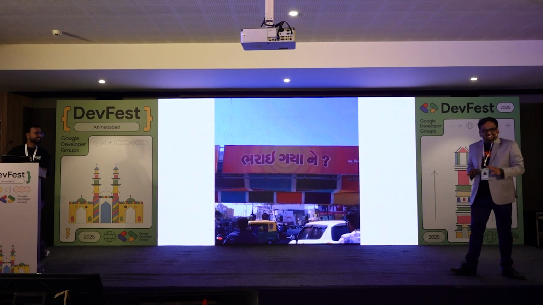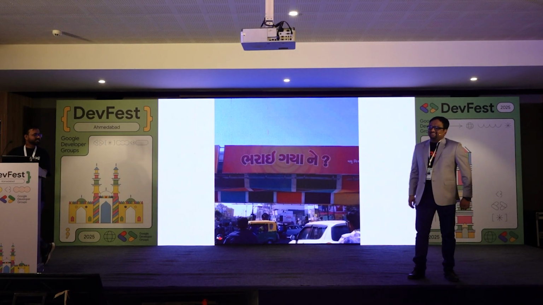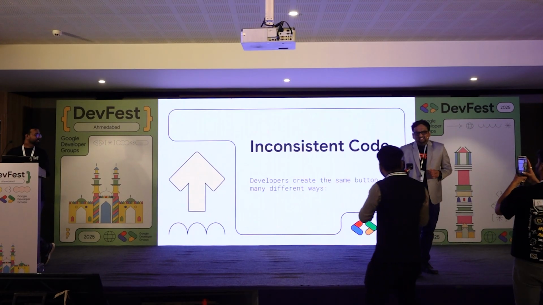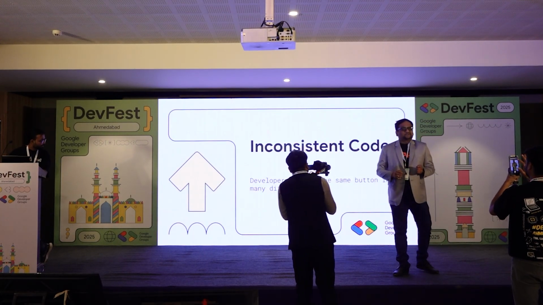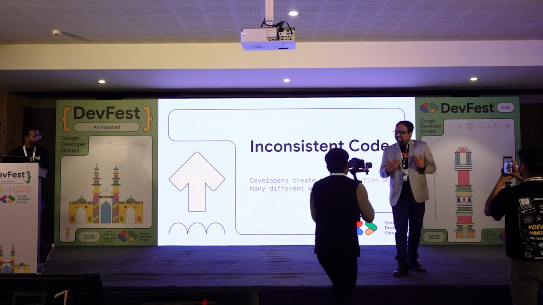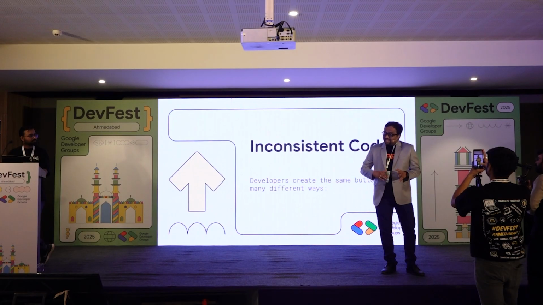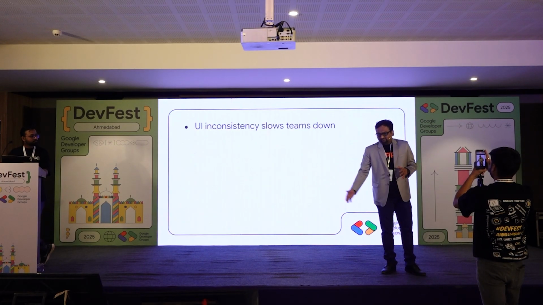Happens, right? પછી બગ આવે ને પછી ખબર પડે સાલો કયા બટનમાંથી બગ આવે છે કેમ આવું થાય છે, right? Next. So the problem is with the inconsistent code. What happens is that we as developers create the same button in many different ways, and that leads to the